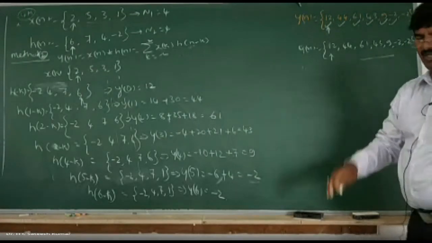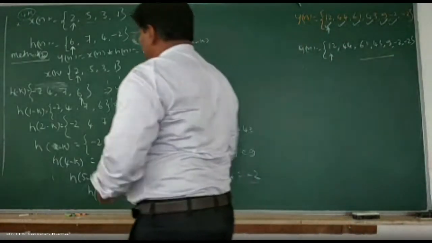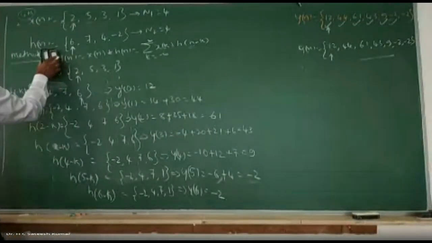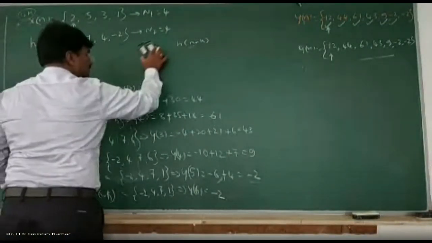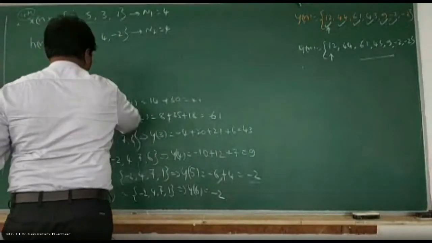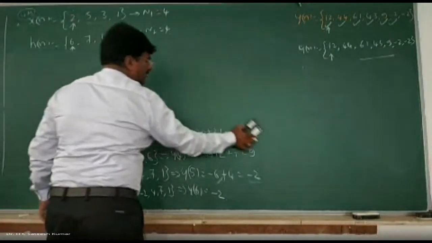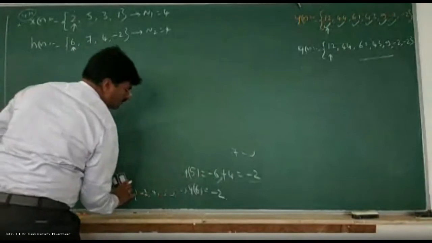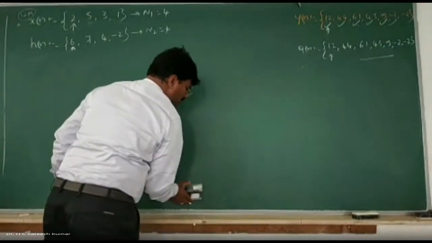So this is another way of doing it. Still I'll give the simpler method. Okay, this is method 2. So this also may fetch you the marks. But sometimes they expect you to use the identity property, using the delta function, whatever I did. For that only we'll get the full marks.